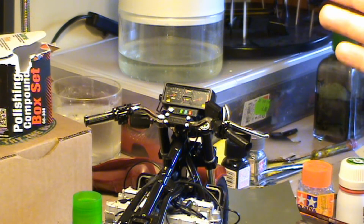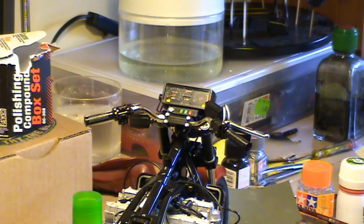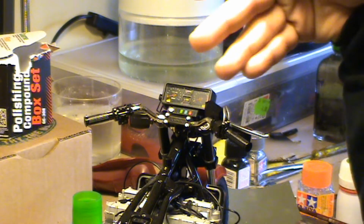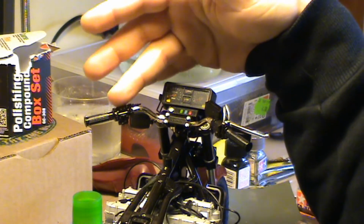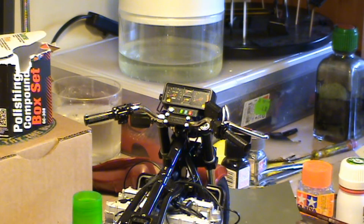I hope it's okay. It's not going to fall apart because I've glued everything with CA glue, but as I said, it's frustrating to see what a tremendous error this was. So hopefully things will stay in their place. Looks good so far, but